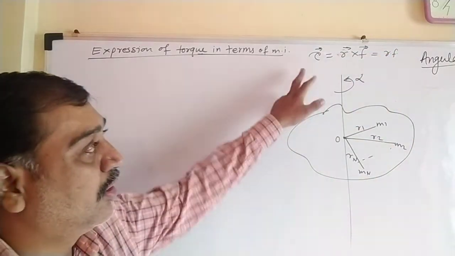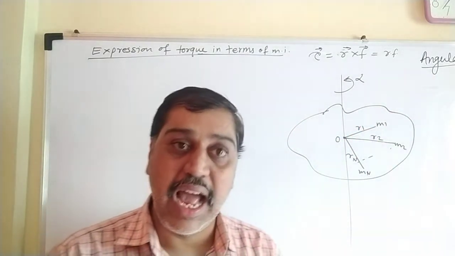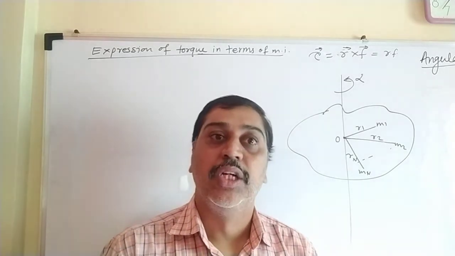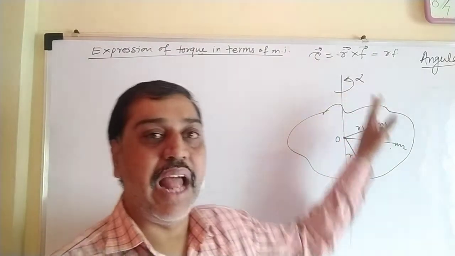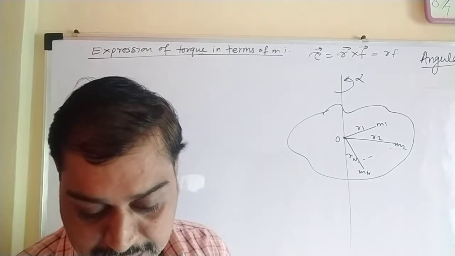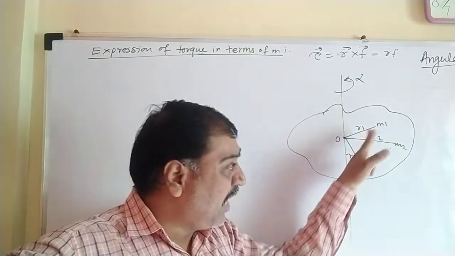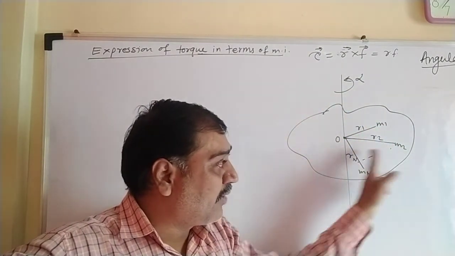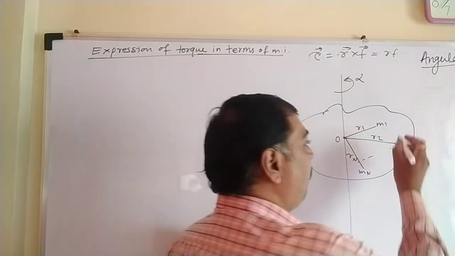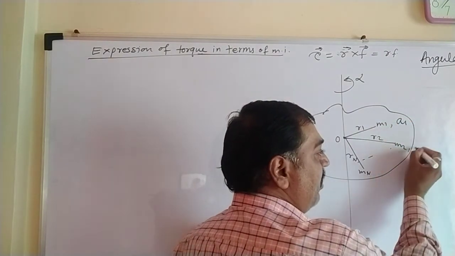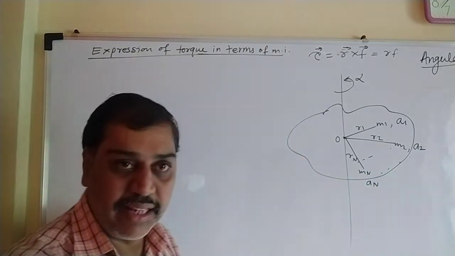So it is nothing but torque. So in short, we have to find out force here. Okay, to find out the force, we must know the acceleration. F equal to ma, Newton's second law. You must know the acceleration. So here, suppose this rigid body is rotating about this axis with an angular acceleration alpha. Now we have to determine these things. So let us consider, as this body is rotating with a constant angular acceleration alpha, still every particle just revolves around the same axis with different radius. So their angular accelerations are different. Let us consider the first particle has an angular acceleration a1, second has angular acceleration a2, so on up to nth particle has angular acceleration an.